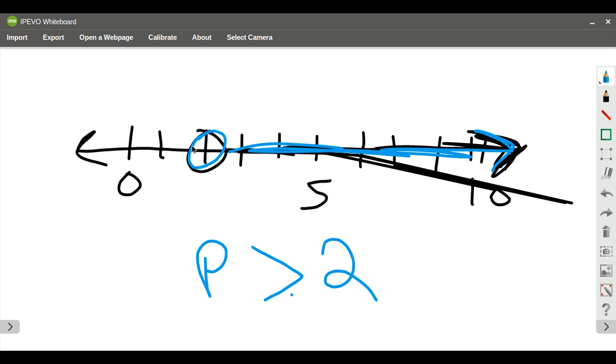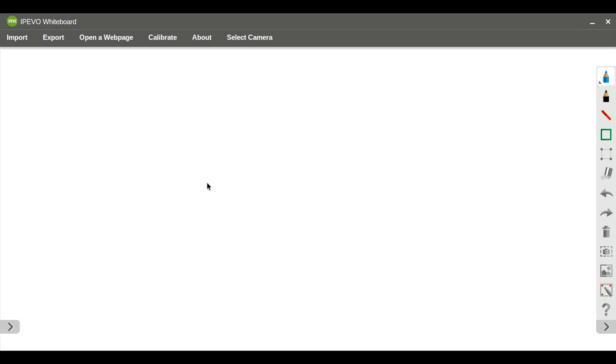And then I look at my circle. Is it open or is it closed? It's an open circle, so I do not need to write the equal sign underneath it. So that's how I read a graph and write an inequality that matches the graph. Okay, so if I do one more,